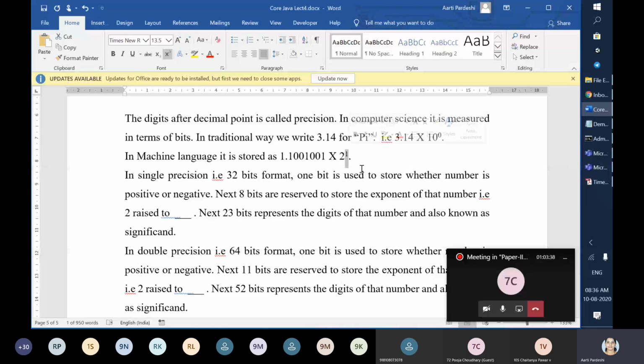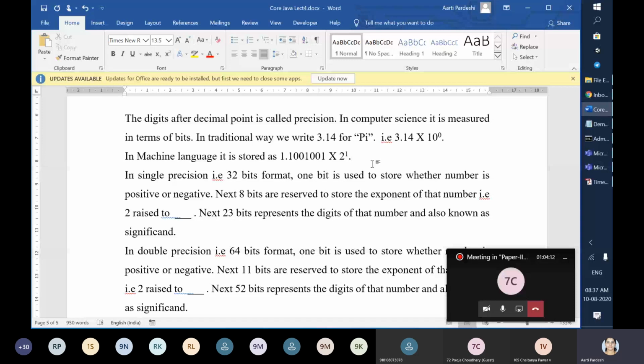Now I expect you to give the answer. I'm going to ask you what the exponent value is. First let me tell you, in 2 raised to 1, 1 is the exponent. When I say 2 raised to 8, what will be the exponent value? 8. 2 raised to 16, 16. Very good. 2 raised to 32, 32. So anything raised to something has an exponent value, and in memory it's going to have some space for it.